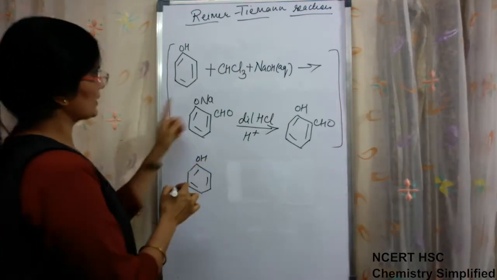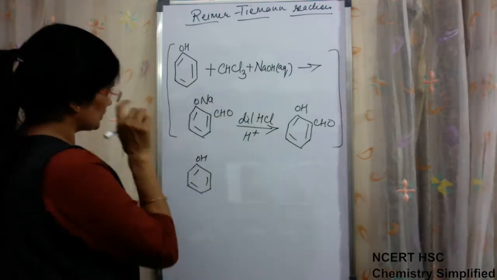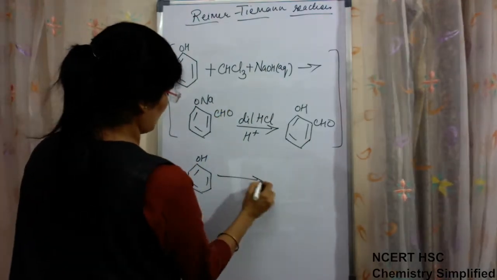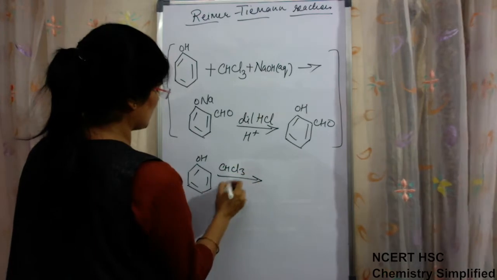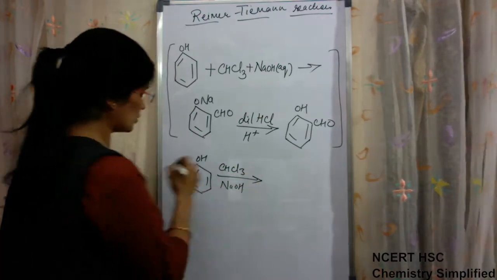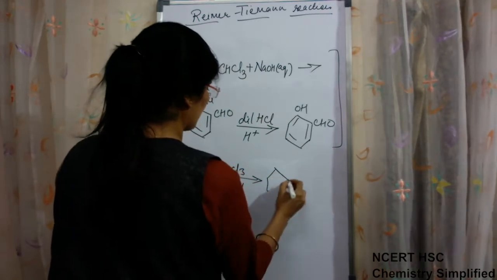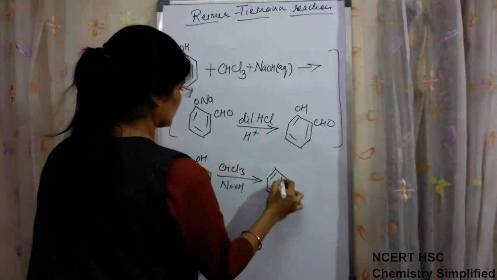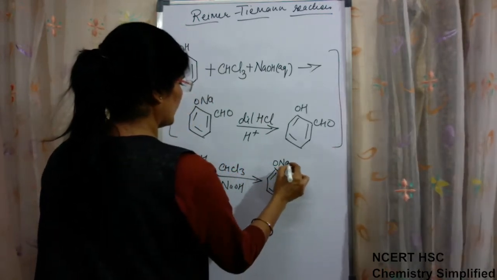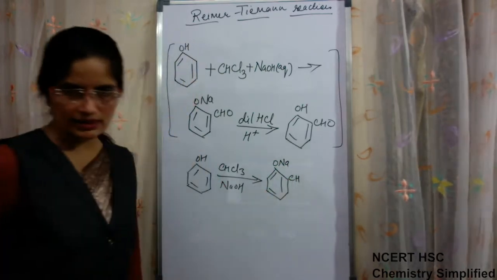When phenol reacts with these two components, CHCl3 and NaOH, then in the first step, ONa, CH,